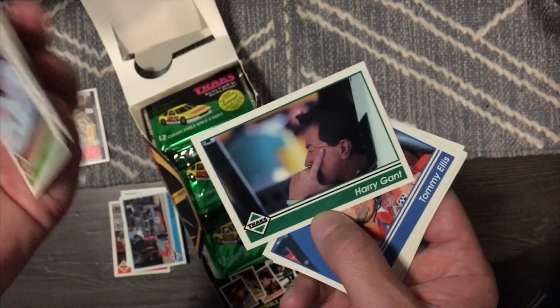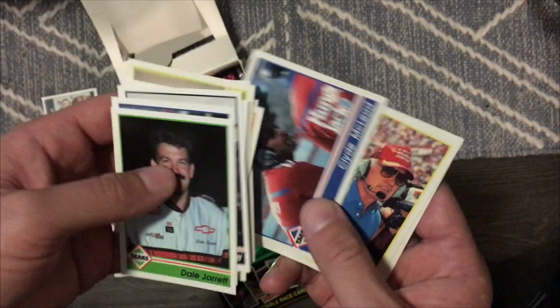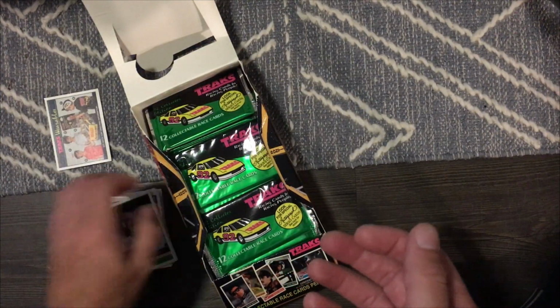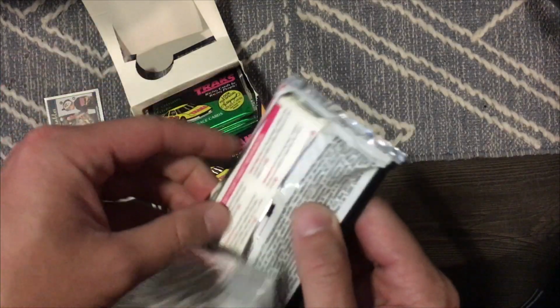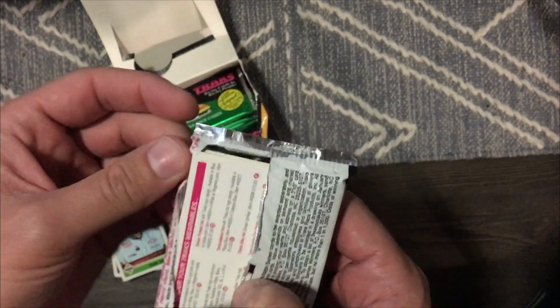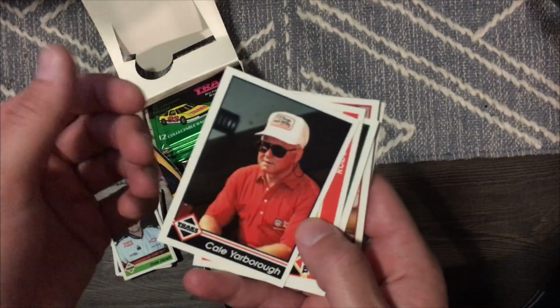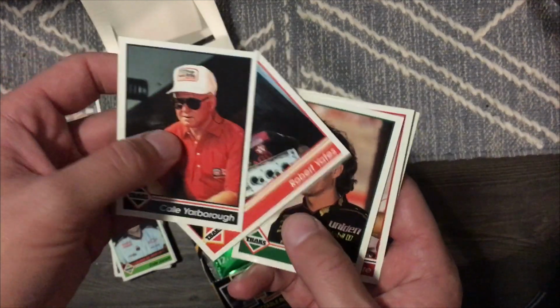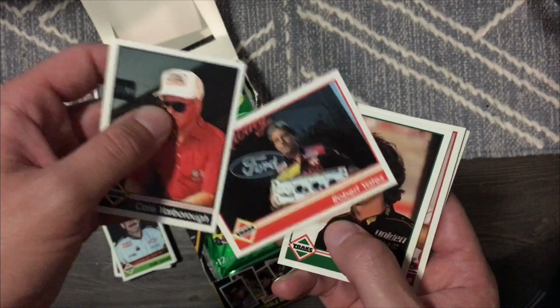And now, fast forward 28 years later, Joe Gibbs Racing is arguably, along with Hendrick, the most dominant racing program that exists. And not just in NASCAR, but I would say that the majority of the racing series would identify Joe Gibbs as being a powerhouse. Cale Yarborough, Robert Yates,